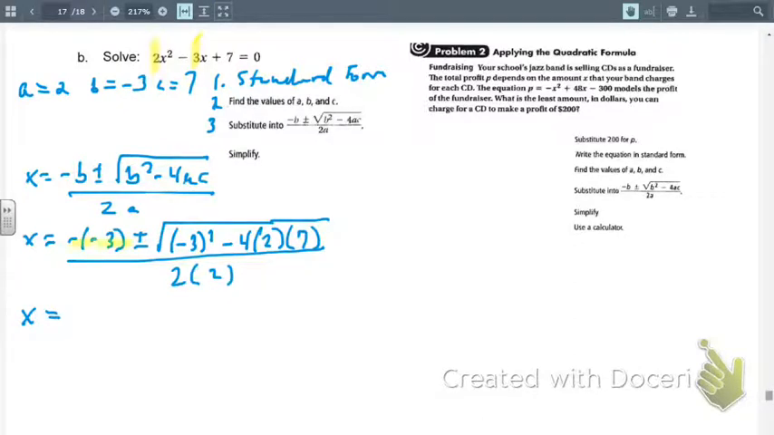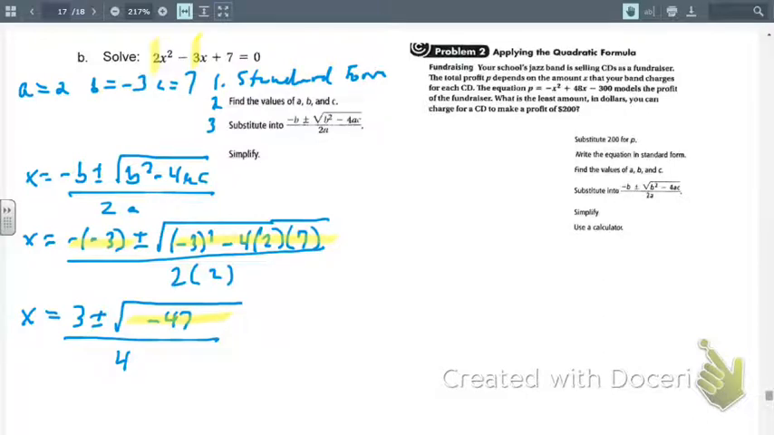Alright, so we have a negative 1 times negative 3, that's going to give us a positive 3, plus or minus the square root of, we're going to put that in parentheses, we're going to put that into the calculator, and when you do that, you're going to get negative 47 all over 2 times 2, which is 4. Now, if you plug in the square root of negative 47 into the calculator,